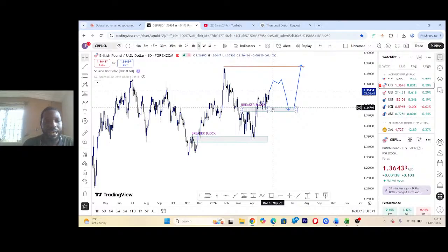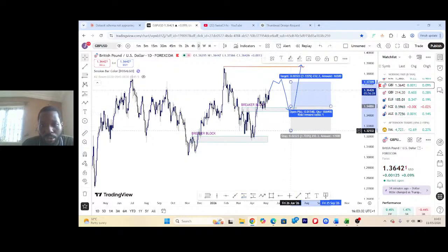And those kind of levels do not occur all the time, but whenever they occur, they're always top notch. So that's what you actually focus on. If you look at it, we're actually on the buy. When you look at the risk to reward from this level,